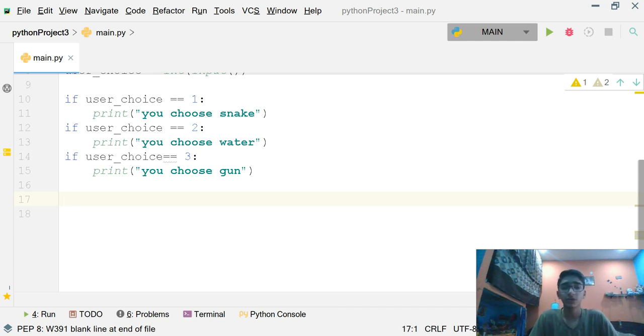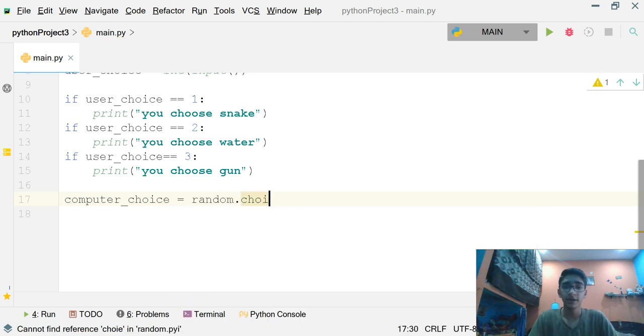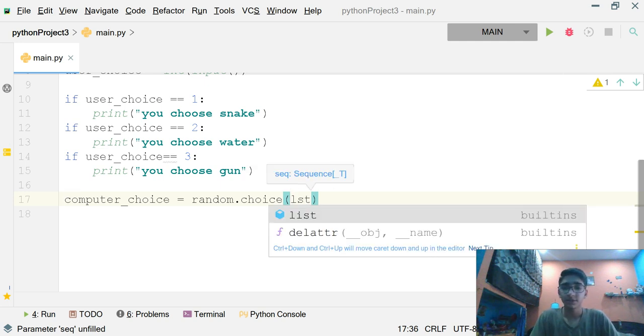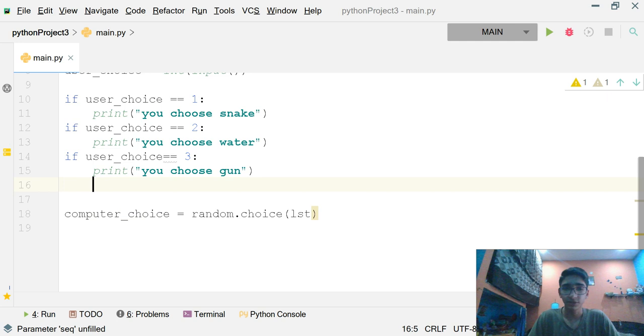The random function will help us take the choices on behalf of the computer. So we'll write computer_choice equals random.choice, and I'm going to give it a list, lst.